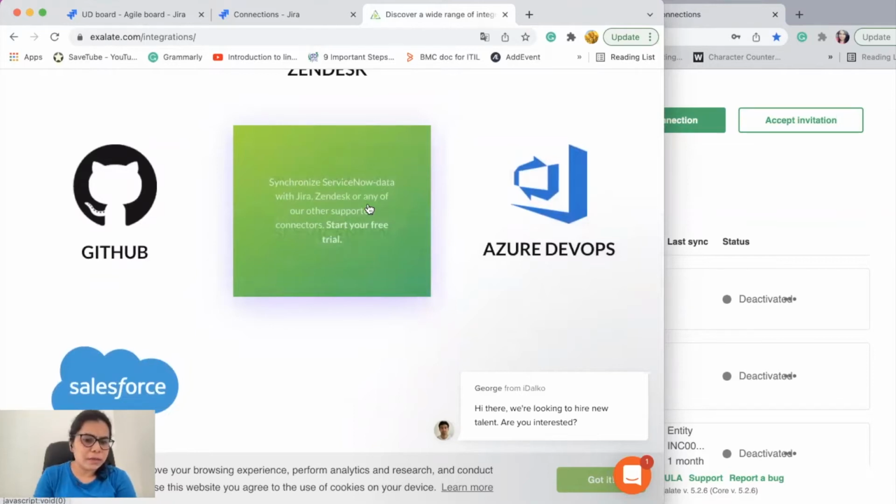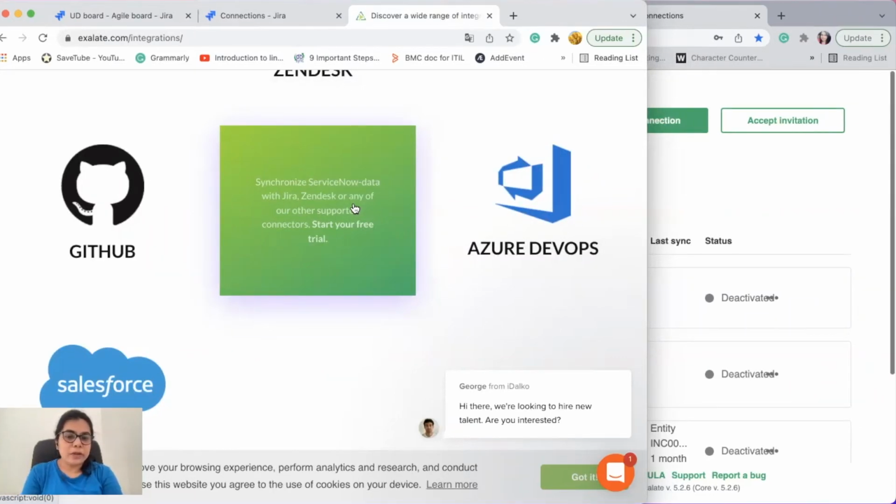Once you submit the form, you will receive an email with the Exalate for ServiceNow instance, which you will have to verify and then proceed. I will leave the installation video for Exalate on ServiceNow in the description, and you can view that video if there is something that you want to know more about the installation.